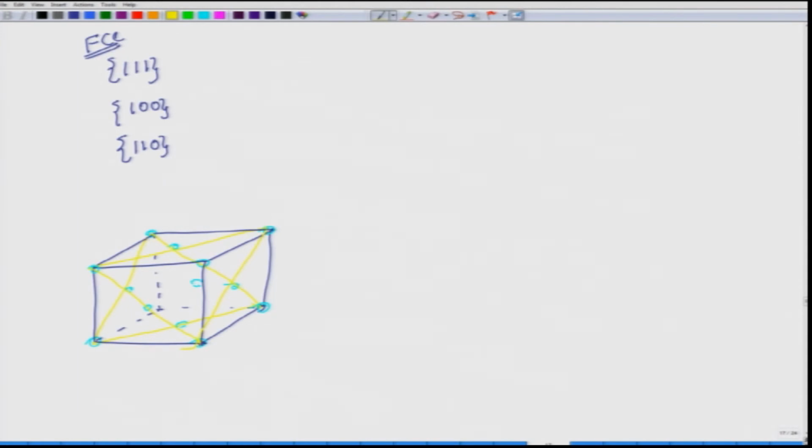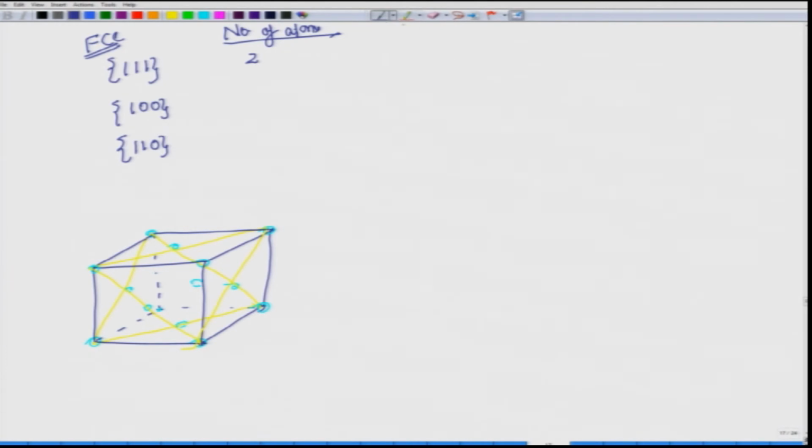So, this is one plane, there is another plane, and of course, at this particular location you have the starting of another plane, and this particular location will lead to the starting of another plane. So, in this, let us take this particular plane. How many atoms do we have? First let us look at the number of atoms. For this particular plane you can see that the number of atoms will be equal to 2.